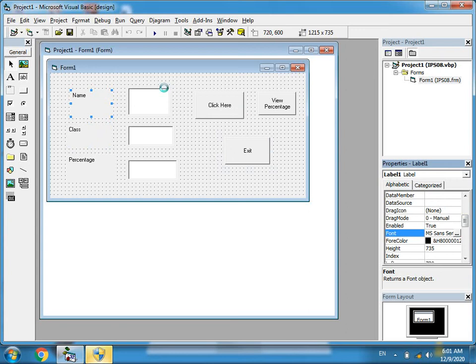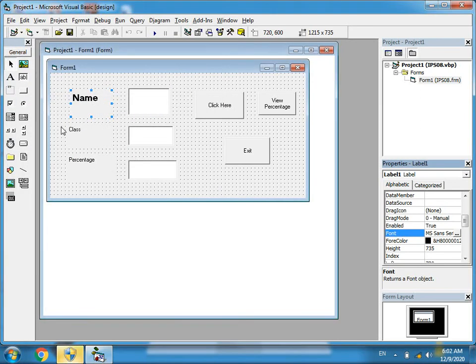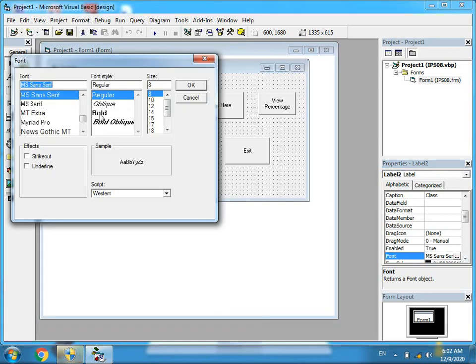In the Font property, you are able to change the formatting of the label, like font color, size, bold. I will choose bold, and for the size take 14. Then the 14 size will appear.